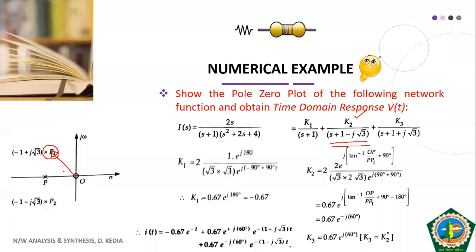You'll have to draw a line downwards, so this becomes a right angle triangle. You apply Pythagoras theorem. So this magnitude M will be this square plus this square. And how much is this? Root 3. Root 3 square is 3. How much is this? 1. 3 plus 1, 4, and it's under root. It gives us 2. So the value of M, or the distance of this pole from this 0, is 2. See, you have got 2.